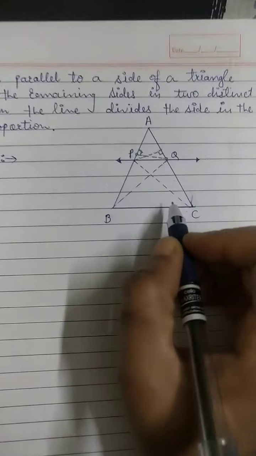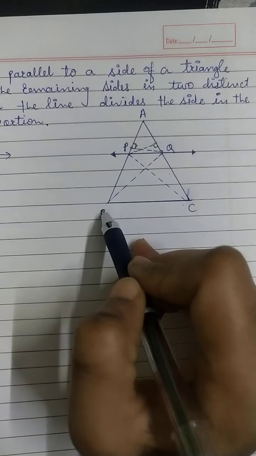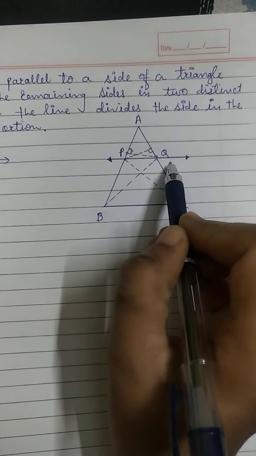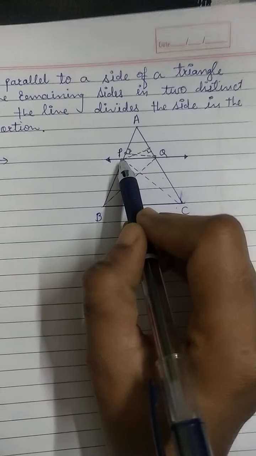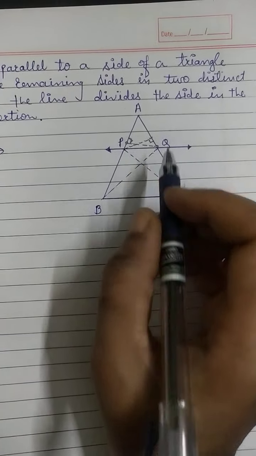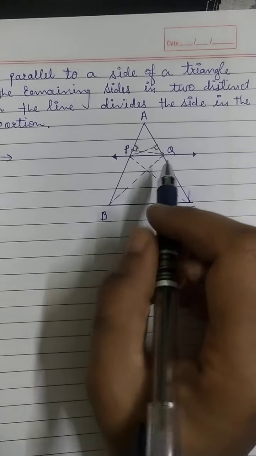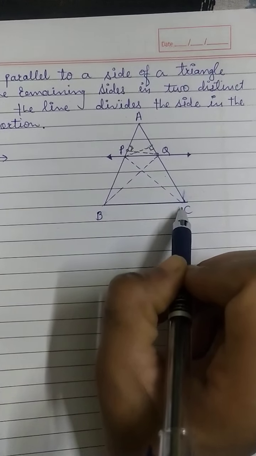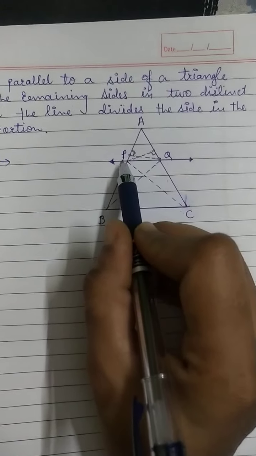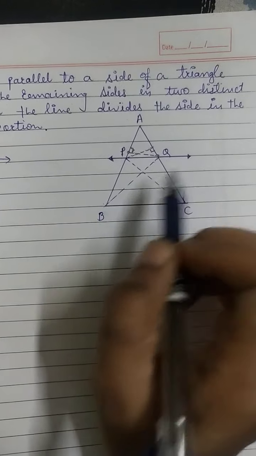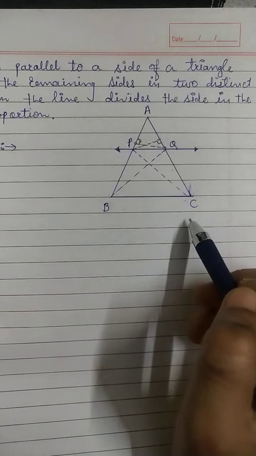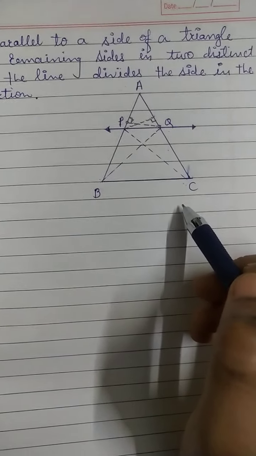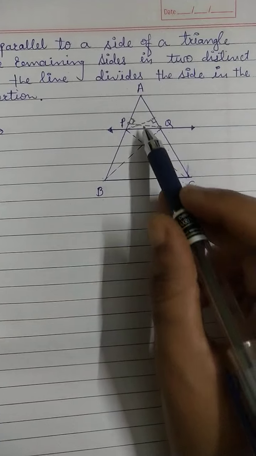Now for that, I have taken triangle ABC and line PQ, which is intersecting the lines AB and AC in two different points, that is P and Q. Now for proving this, I have joined points P and C, B and Q, that is, drawn PC and BQ. Now why is it so? I think you all have studied the property of ratios of areas of two triangles. Now based on that only we are going to solve this.